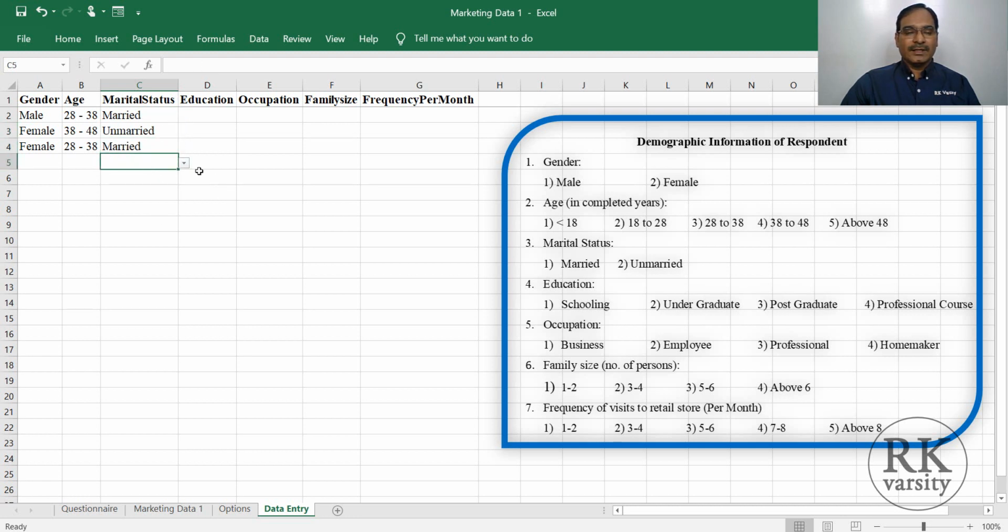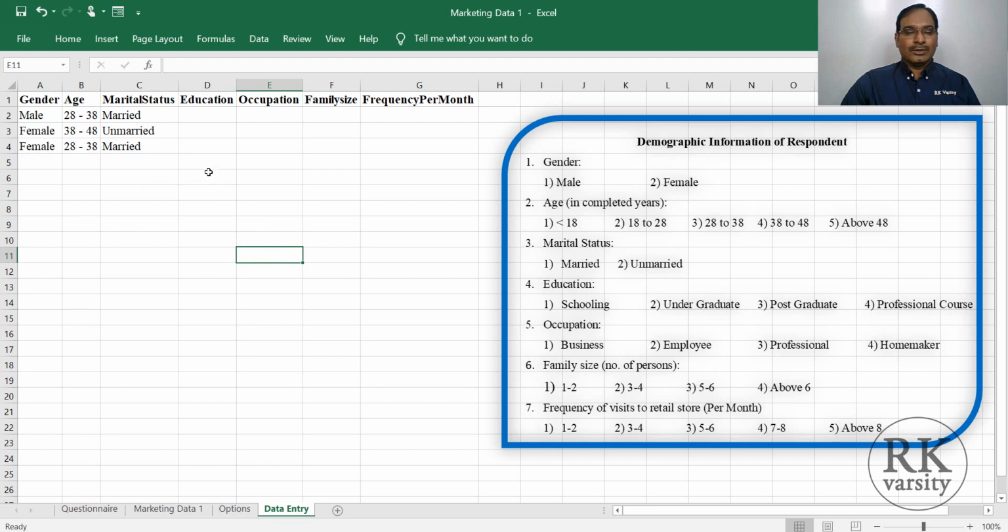So this is the way you can create drop-down lists in Microsoft Excel and enter your data. This is a very easy one. You don't need to enter any numbers here, which helps you to avoid errors. If you are entering numbers and data validation is not done, there is every possibility that you give wrong entries. And furthermore, by having a list, you can assign this task to any of your assistants or outsource it to others, so that even a person with minimum knowledge of Microsoft Excel can do the entry with ease and without any errors.